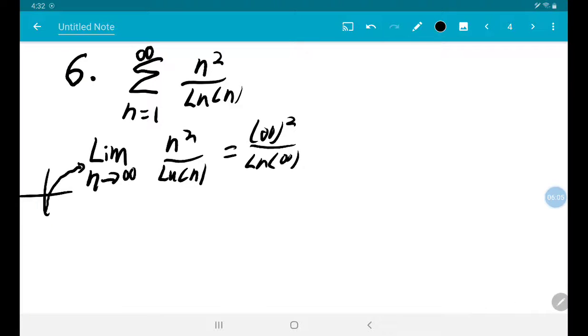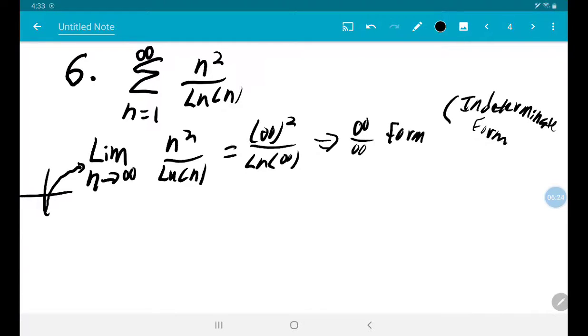It keeps getting bigger, so this would be infinity over infinity form, or what we called, when we were talking about L'Hopital's rule and such, indeterminate form. Which means I don't know what the answer is, but I can factor, I can synthetically divide, I can use L'Hopital's rule